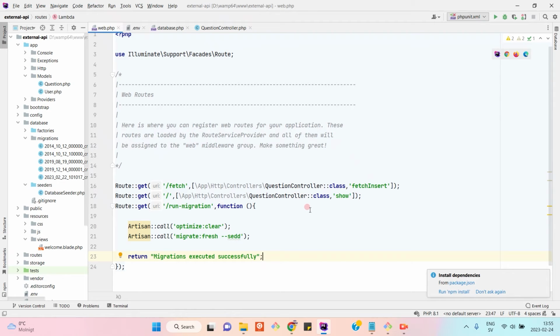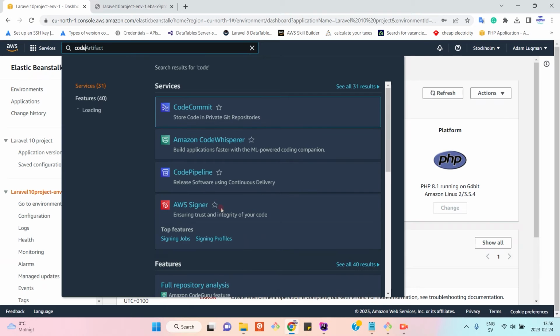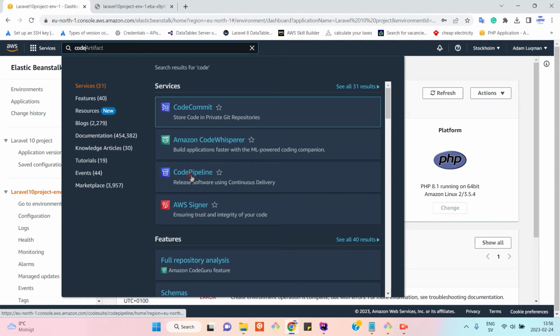Okay guys, now the problem is we made two changes in this project, but the project is already on AWS, so it's quite difficult to re-upload the project. So let's create a code pipeline, which we can use for continuous delivery and make updates to the AWS. In the pipeline,